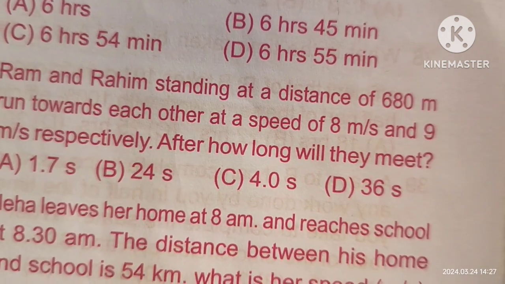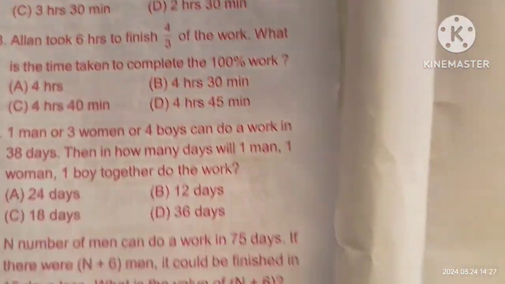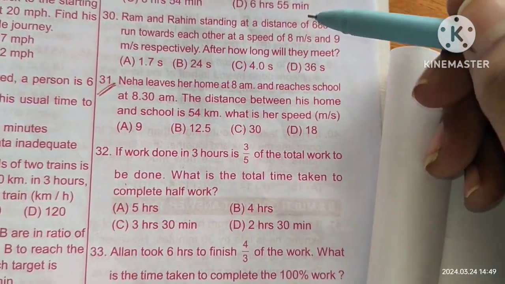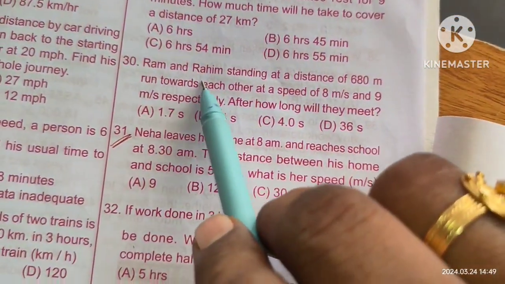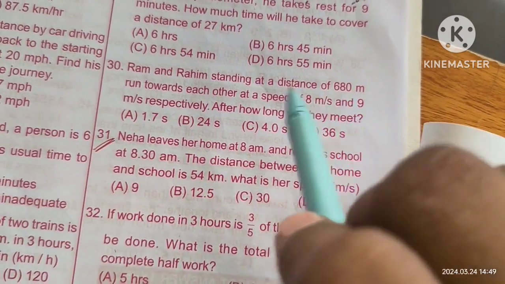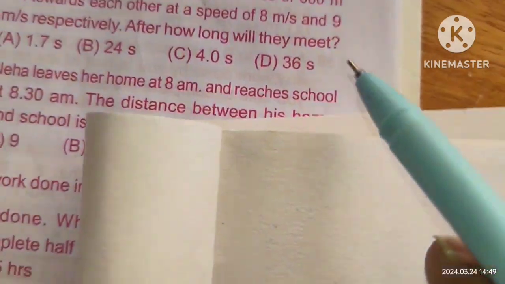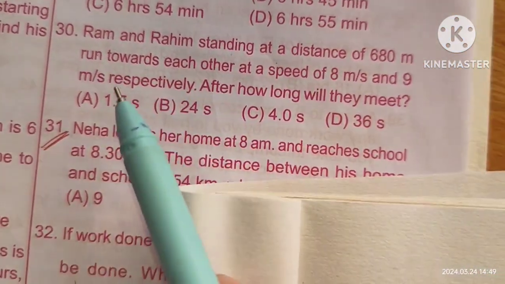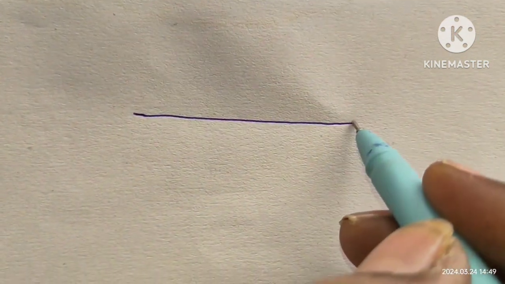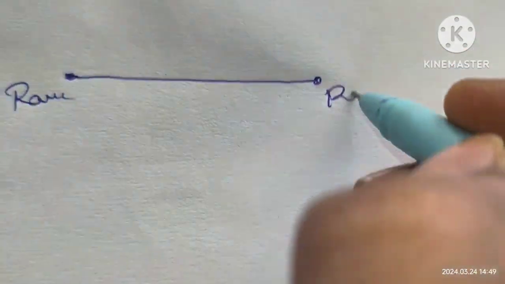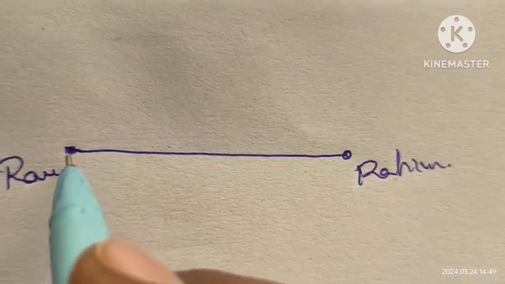So here you can see that they will meet. Okay, see once again. Ram and Rahim are standing at a distance of 680 meters. That means the total distance is 680 meters. One person, Ram, is here and another person, Rahim, is here. They are running